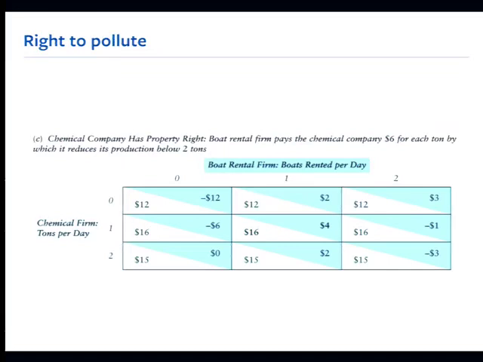But what is producer surplus? Producer surplus is the difference between the price the firm receives and what it costs it to produce the last unit of output. Right? So if price is greater than what it costs you to produce, producer surplus is a positive number. If price is lower than what it costs you to produce, then producer surplus is a negative number. No rational firm would produce anywhere where producer surplus is negative in the long run, right? Because you're losing money. But if you're in a system where the government can force you to produce that,